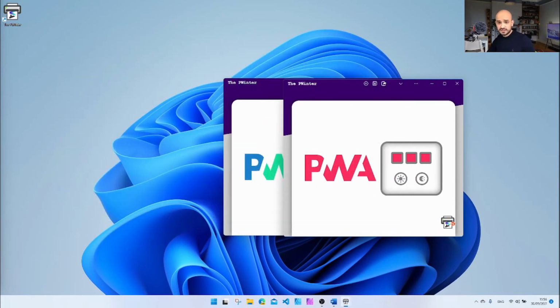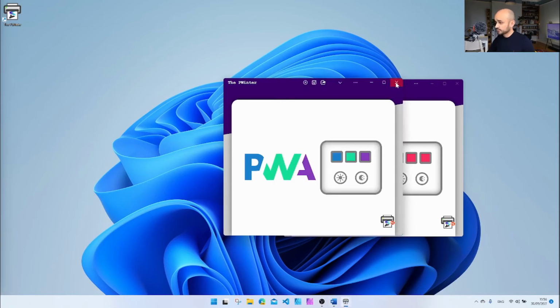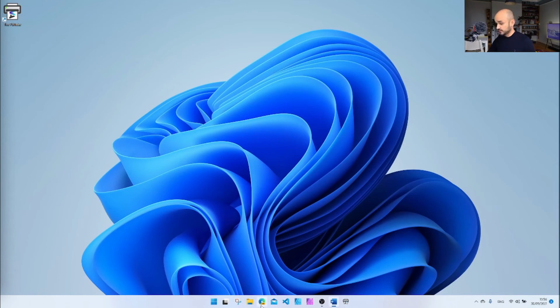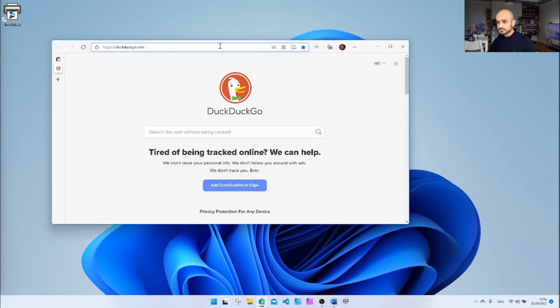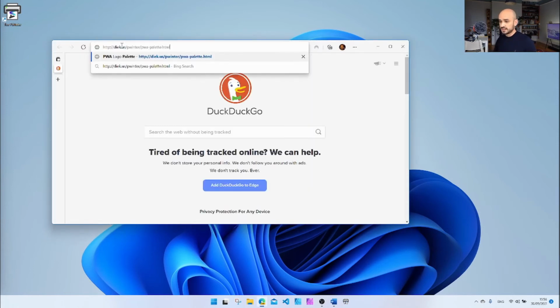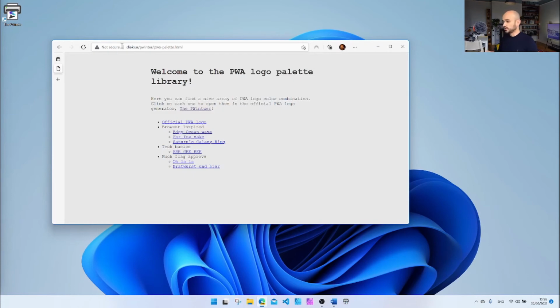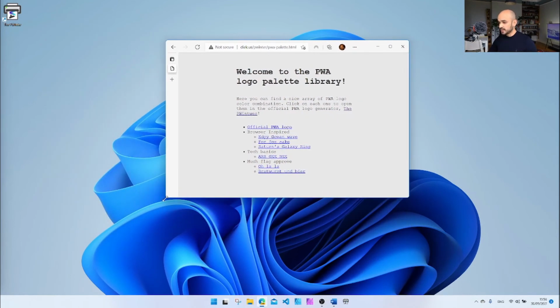The next thing that I want to show you is how you can handle schemes, either custom schemes or predefined schemes, with your application. So I'm going to open another browser window, and I'm going to navigate to this PWA logo palette repo that I created. Basically, what you need to know is that I am defining a custom protocol, which starts with web plus pointer,